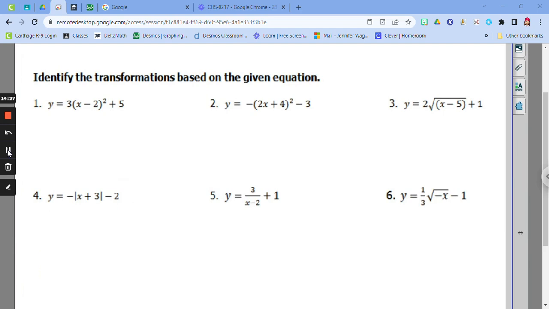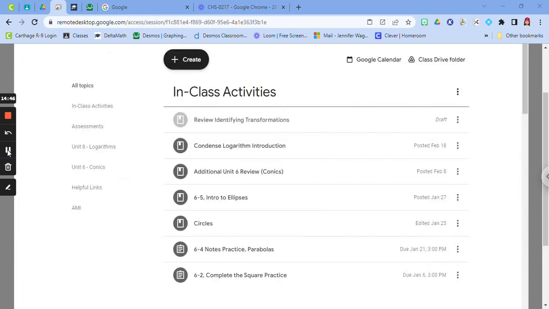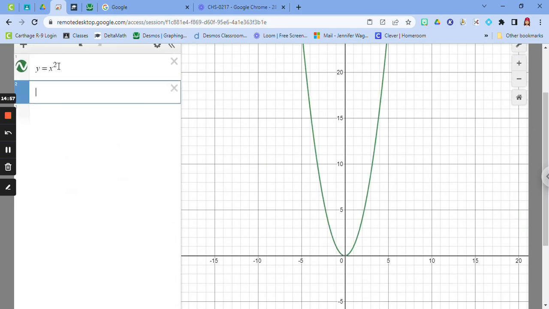identify the transformation. So, first one's a quadratic. There are 3 things happening to it. We have the 3, the 2, and the 5. So this is where I say that this program, there's the parent function, y equals x squared. That's what you're saying. Then the new one,